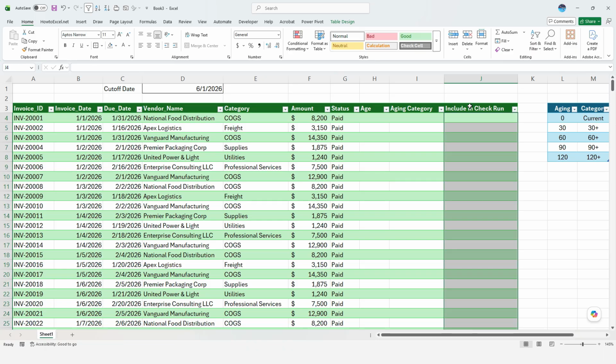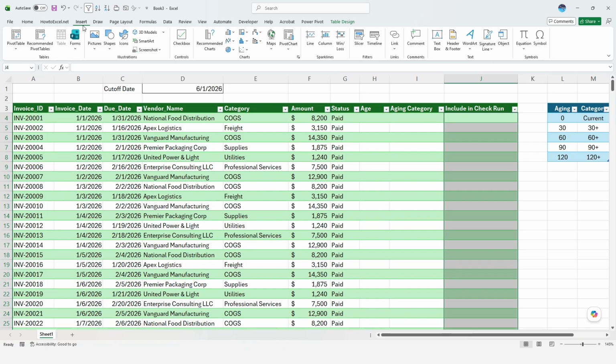I'm going to select this entire field here. I'm going to go to the Insert tab, and if you're running the newest version of Excel, you'll have an option here to add a checkbox. If you don't, you could just use a series of X's, whatever the case may be. You can just manually key in an X,